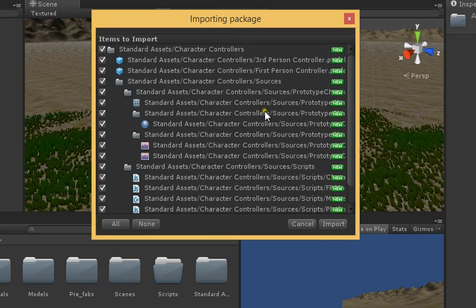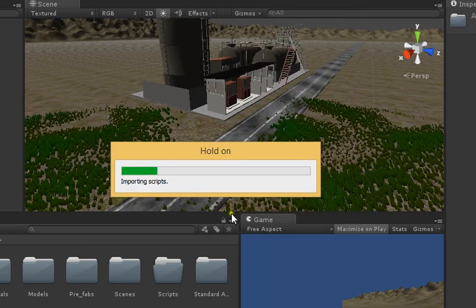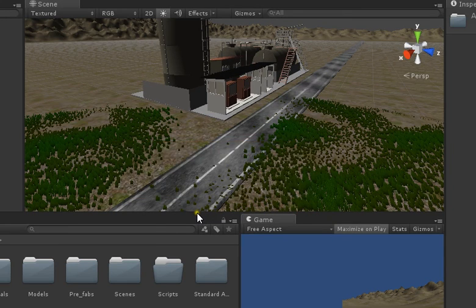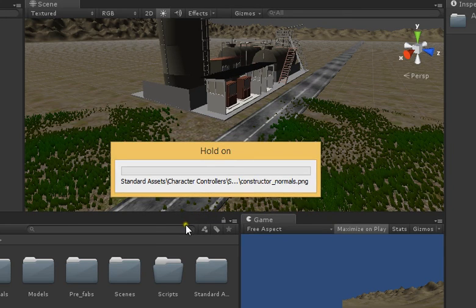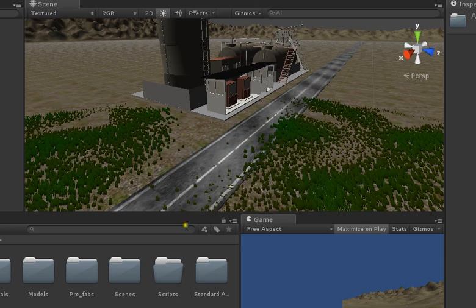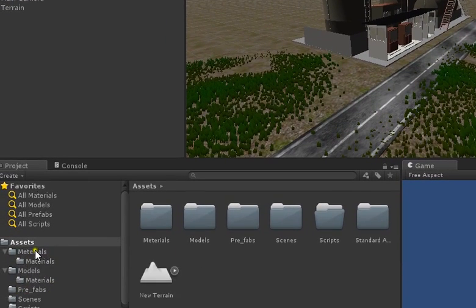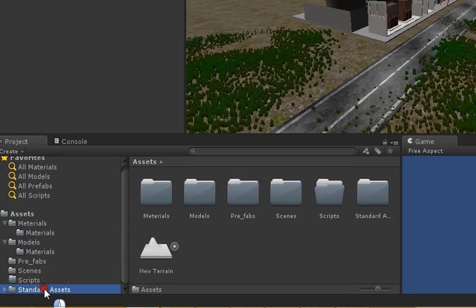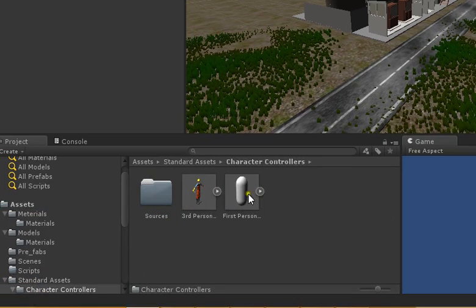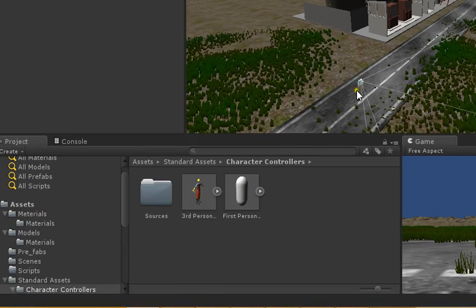Once I import this character controller in my game, it will give me the scripts and one built-in model, which is a character, and I can put it in my scene here, and I will use that character to play inside my game. Under character controller, I have these two characters in here. I will be choosing this one, and I will add that character inside my scene,